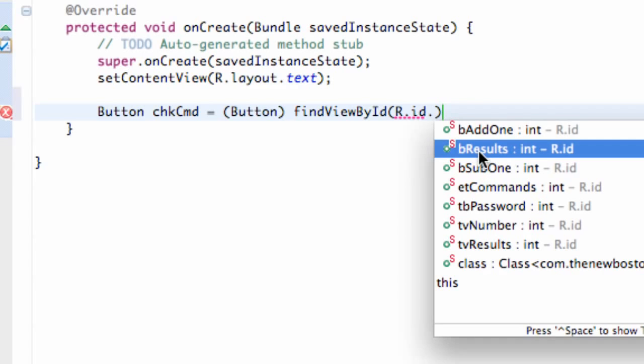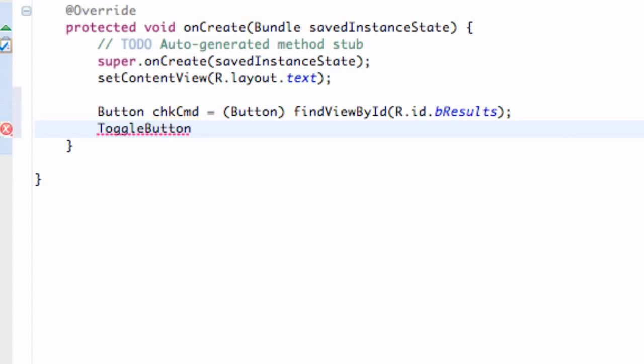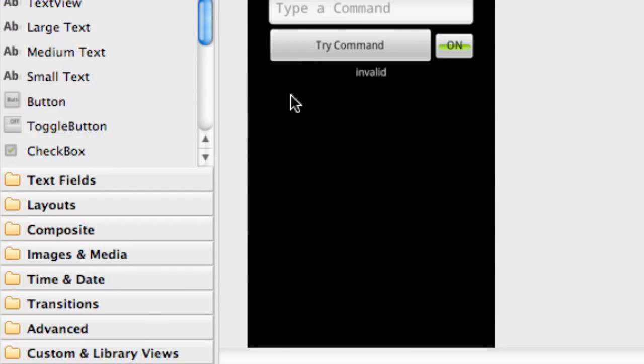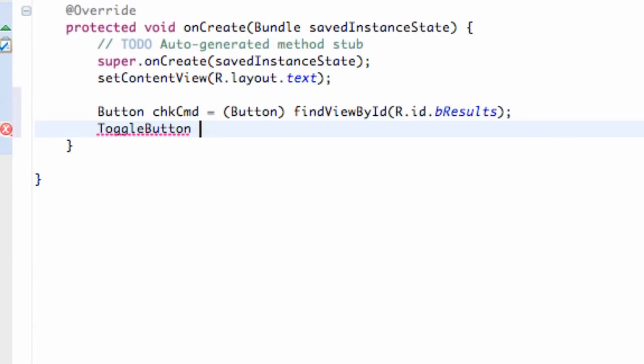Yeah, it must be. So we're going to use button results. Then we're going to set up a toggle button as well. And the nice thing is basically the name is the exact same as the name in XML. So if you ever forget what type of variable you're setting up, most likely it's the same name. So there you go. We're going to call this